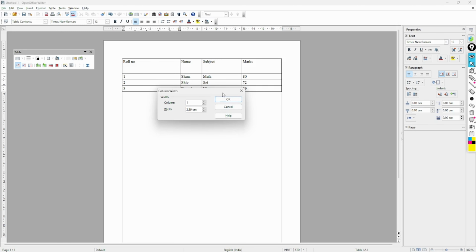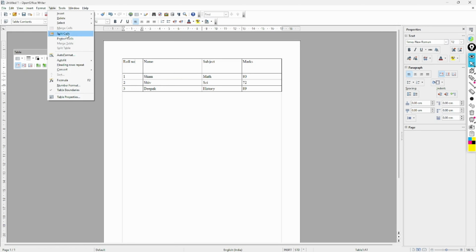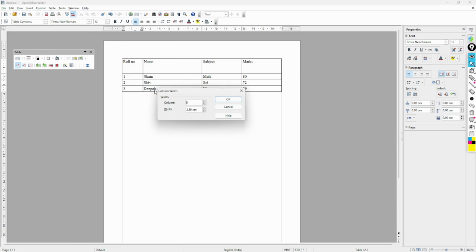Now see, this gets shortened. Here we can see the width is 2.9. If I want to increase it, I can type 3.9 here. It will increase. Understood?